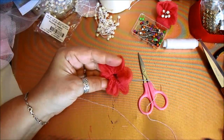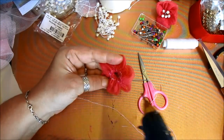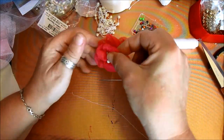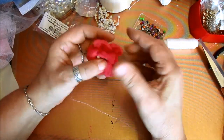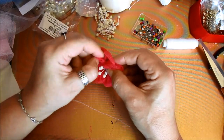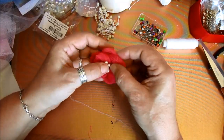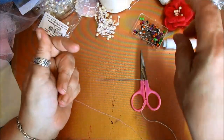And then what I'm going to do is put some glue around there and add that to it. Oh, and that makes a really, really cute flower, which will look fab on the... Let's move that one in that way. That's it. Isn't that great? And that's going to look great on one of those